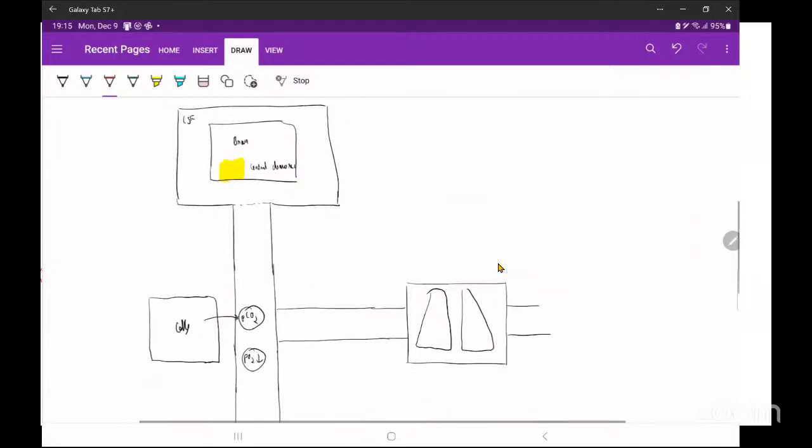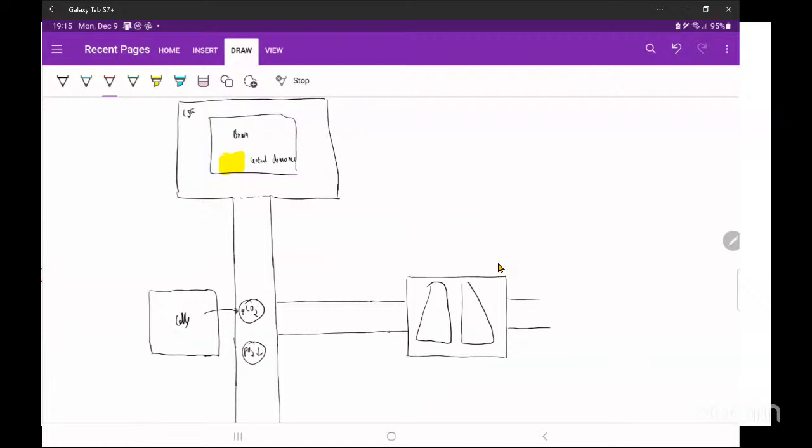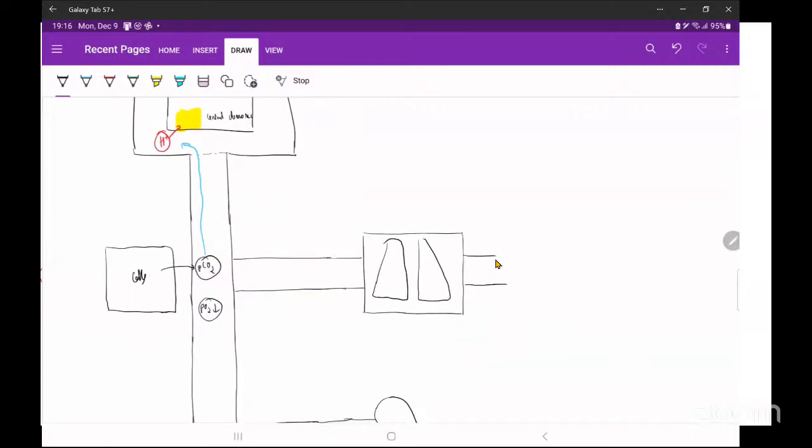There will be an increase in PCO2 going over here and getting converted to H plus. This H plus is going to stimulate the central chemoreceptors, or through your peripheral chemoreceptors, the fall in PO2. Either of these is going to stimulate an increase in your ventilation,